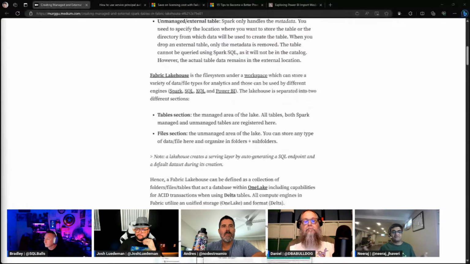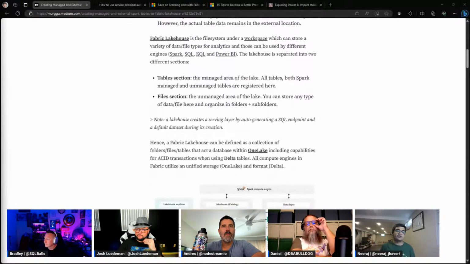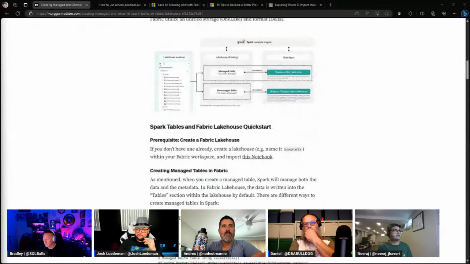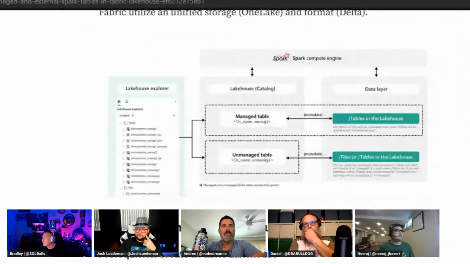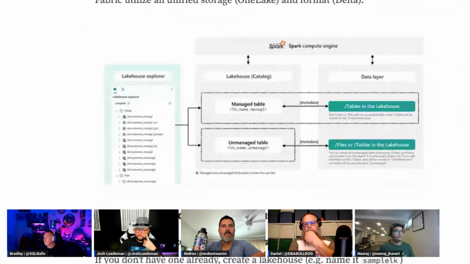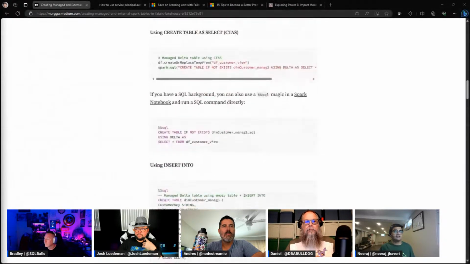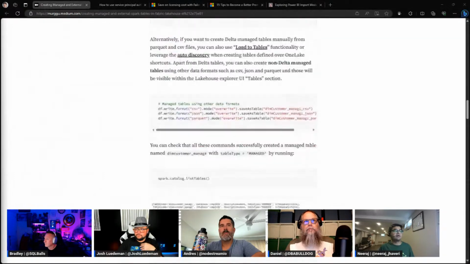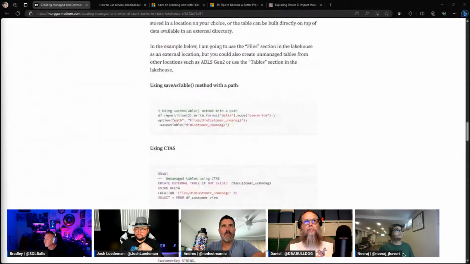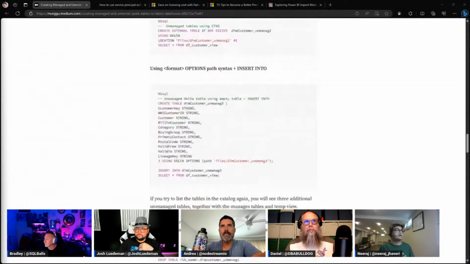And then Fabric now, as you know, Fabric supports a lot of things now. So Fabric now supports managed and external tables in the Lakehouse. Shows you how to do it, how to set up the whole prerequisite on the Lakehouse side of it, and then create the managed and unmanaged part of it in your Lakehouse databases with examples in there. So something that you can definitely create it up.